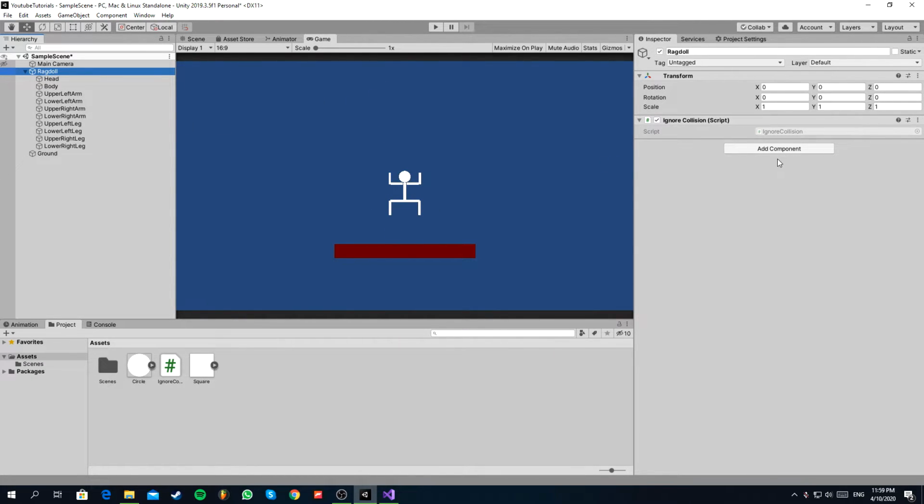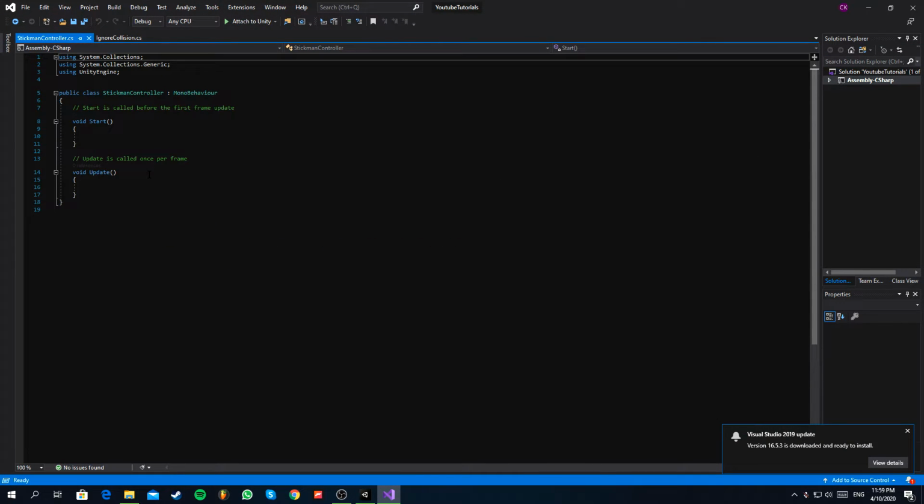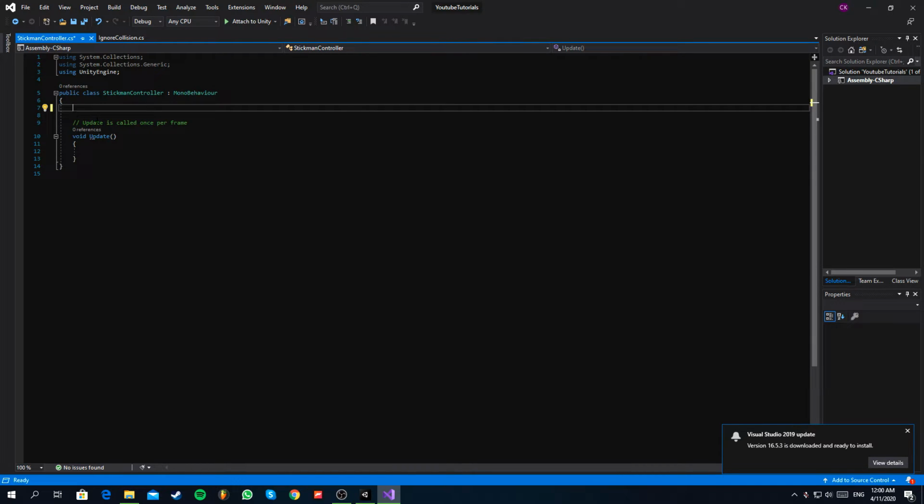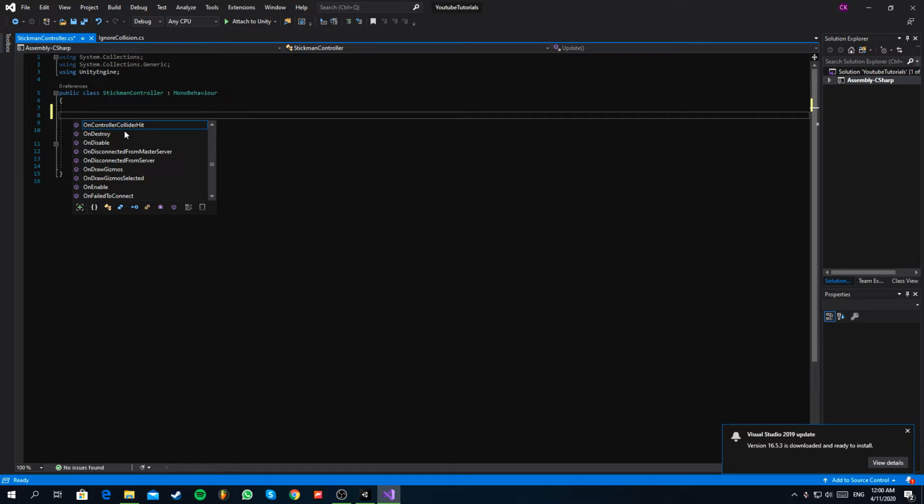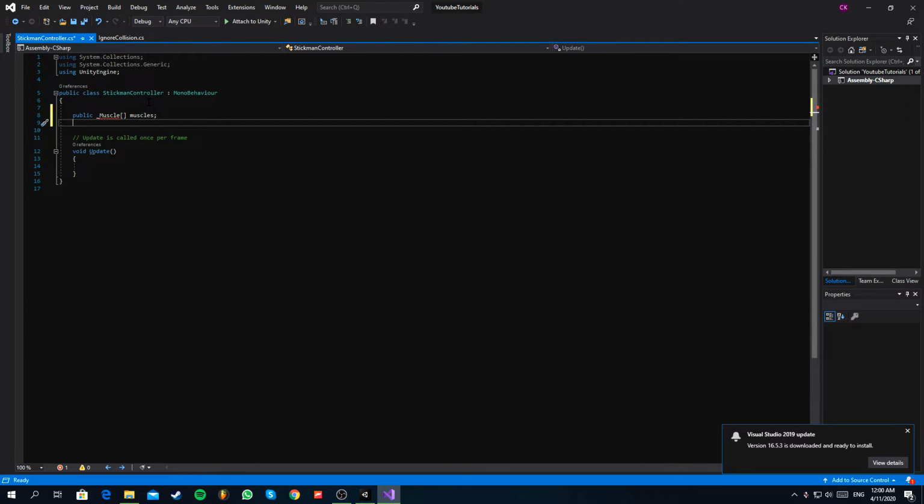So what you want to do is create a script. Let's call it StickmanController, new script, create and add. Double click the script and open it. Now you want to remove the start function, and we want to create a public variable for muscles. So Muscle, and we want to put multiple objects in it, so make it an array and we'll call it muscles, like this. Now down here we want to make it System.Serializable,